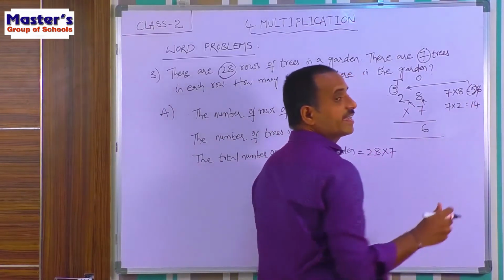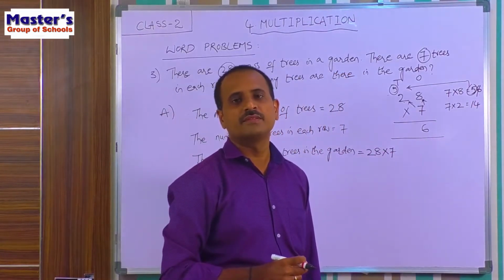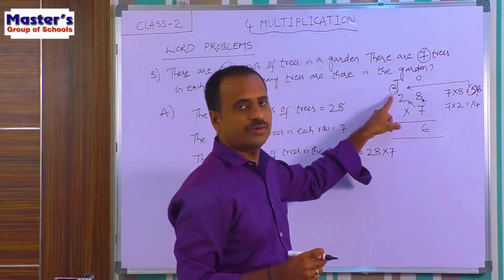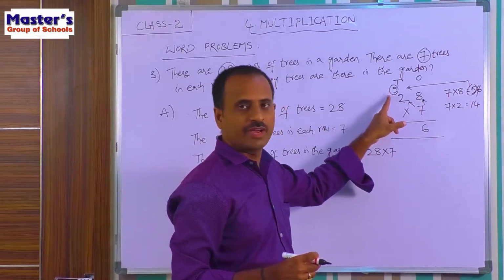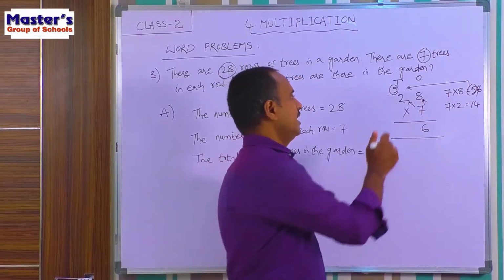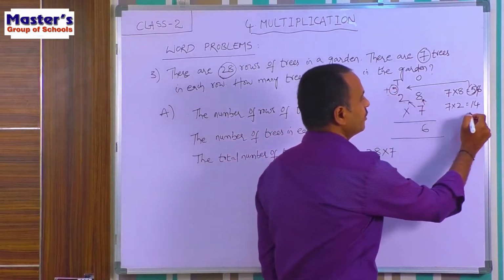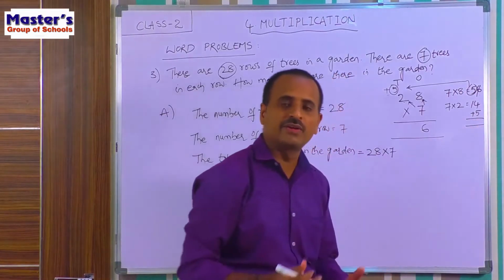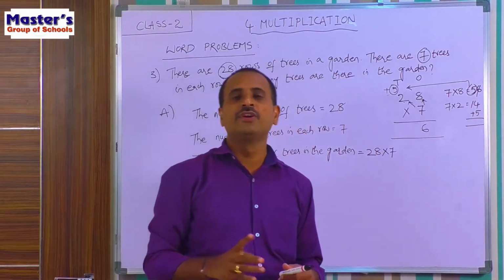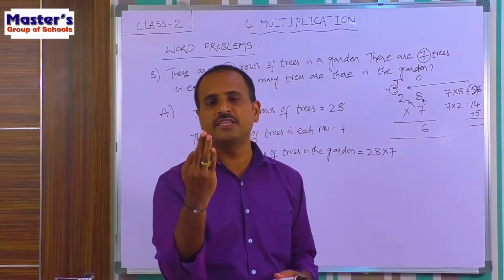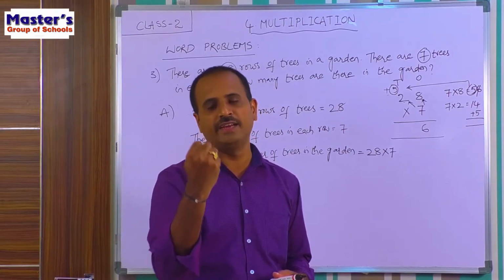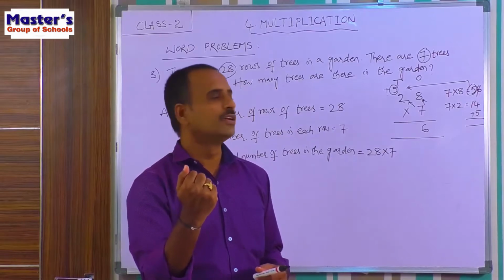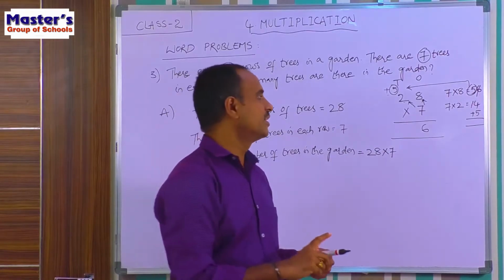And again there is a carried number in the tens place. What is the carried number here? 5. So add this carried number 5 to the 14. So children, add 5 to 14. How much will you get? If you add 5 to 14, you will get 15, 16, 17, 18, 19. These are the 5 fingers. So after counting from 14, you will get 19.